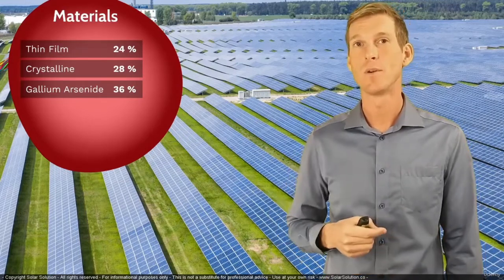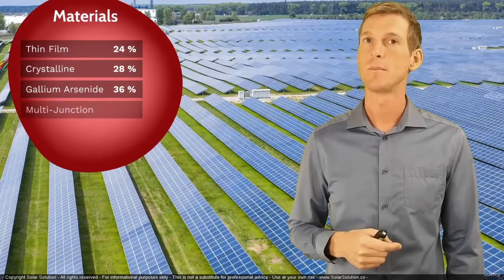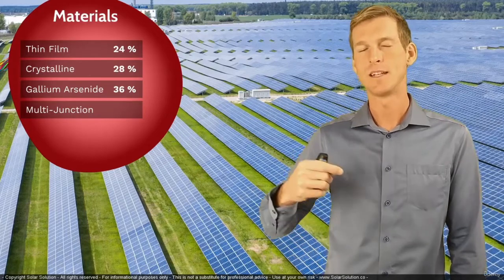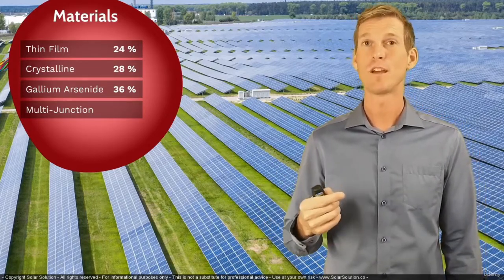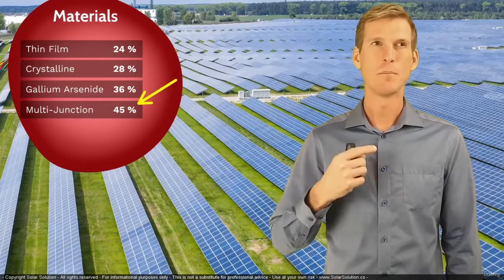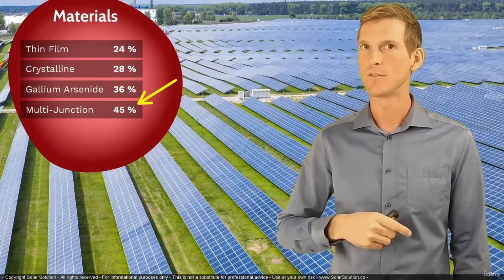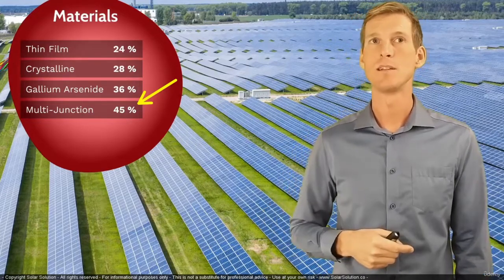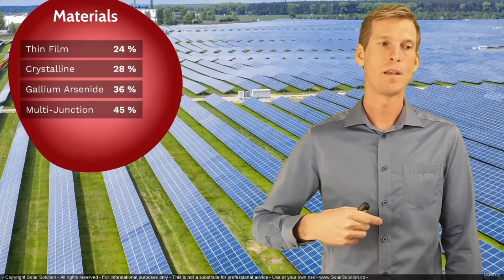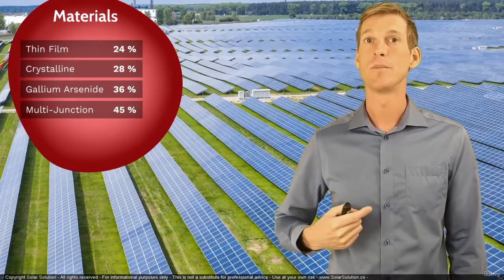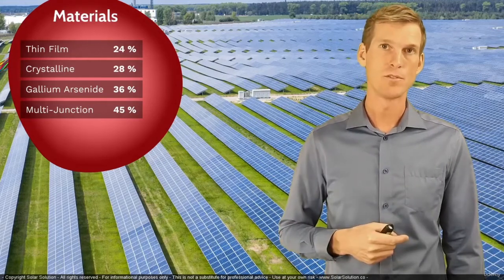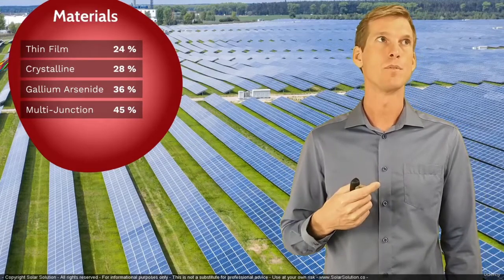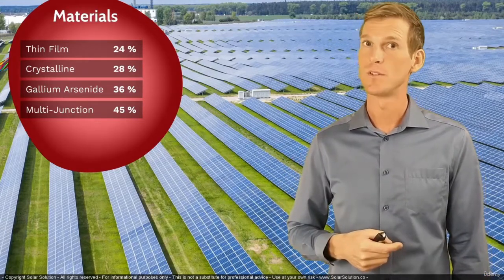Now, the next one and the last one I want to mention are the multi-junction type of solar cells and solar modules. Here it's the same story as with gallium arsenide. You can get an even higher yield. You can get up to 45%, which is really amazing. At the moment, this is the highest yield you can get from any photovoltaic cell. But they're more expensive again than gallium arsenide. So only in situations where money actually has no importance in the decision process for what kind of PV cells you're going for, people would want to choose the multi-junction. For example, satellites normally have multi-junction solar cells installed.